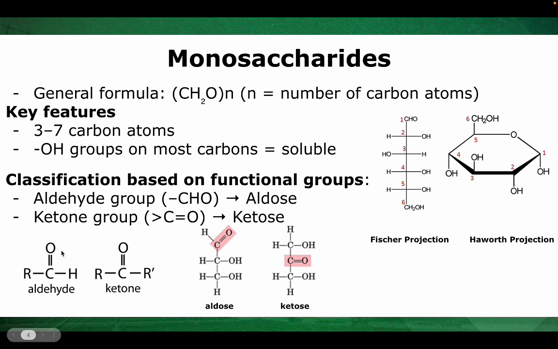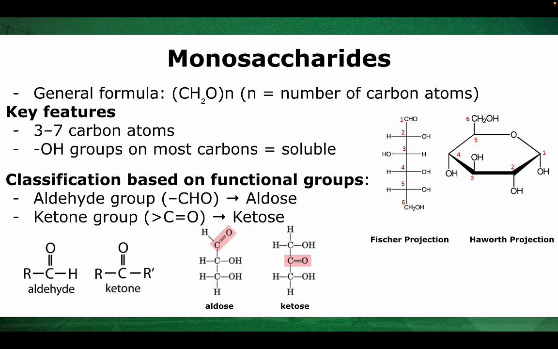Monosaccharides that have an aldehyde are called an aldose. Here, C double bond O, hydrogen. Aldose, the suffix "-ose" means sugar, so aldehyde sugar. Monosaccharides that have a ketone group, so C double bond O attached to two carbon atoms, are called a ketose. Ketose, ketone sugar. Okay? This classification is important because functional groups affect how sugar reacts in our body and how